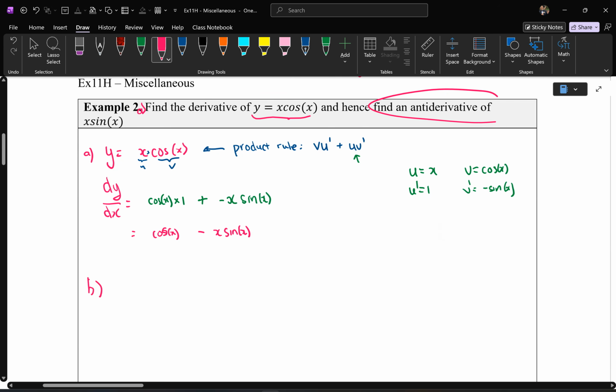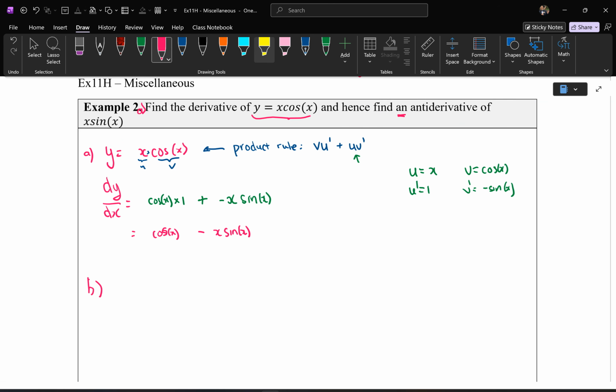Part B is saying find an antiderivative. Notice it says an, and let's see if you remember what that means again. What's the difference between the and an? Very good. So an antiderivative, it could be any potential solution. Usually we say 0. So in summary, if you see the word an, you don't have to put a plus c because you're assuming c could be 0. If they say find the, there has to be a plus c, and you should solve for c at some point. So that's the difference between the two. But you're finding the antiderivative